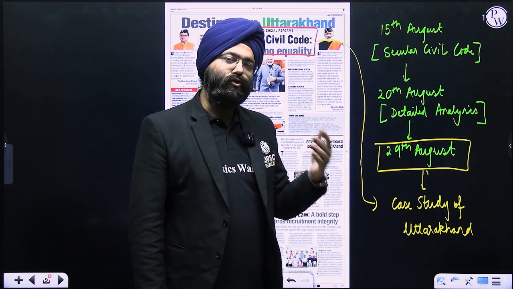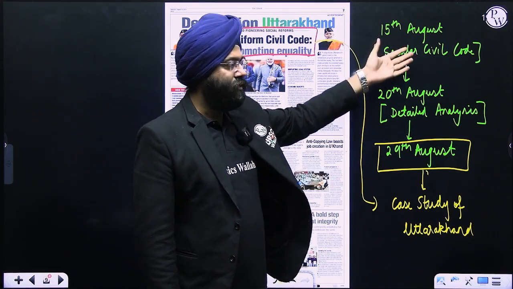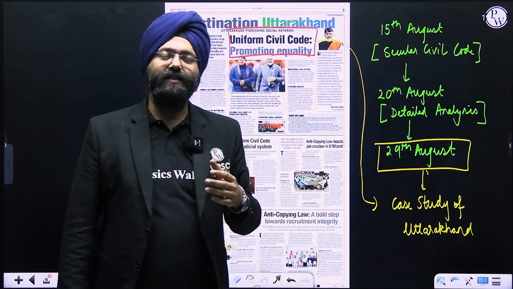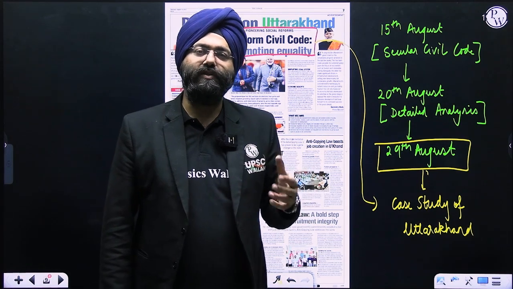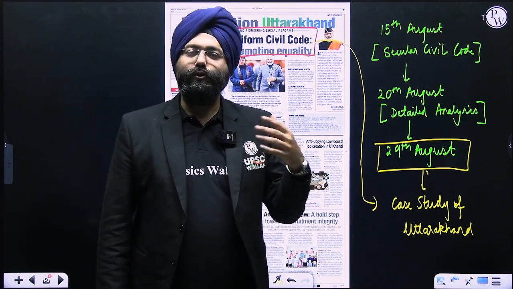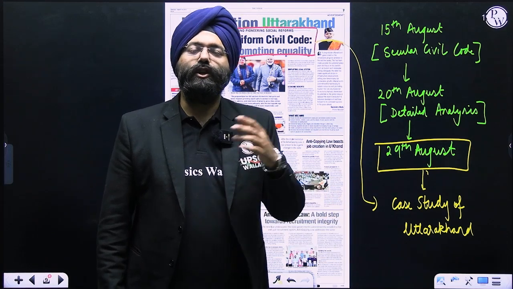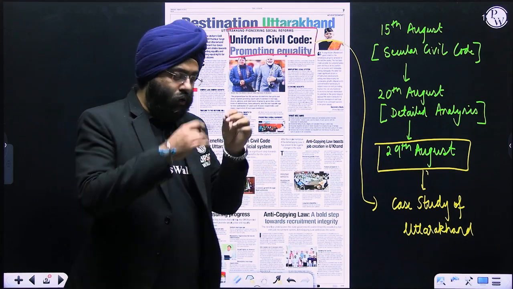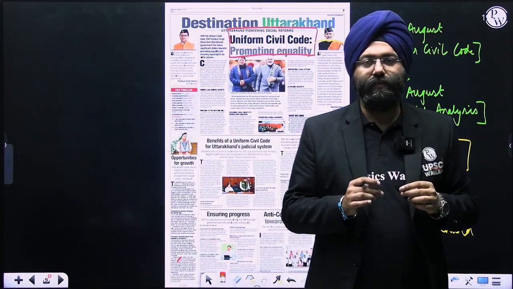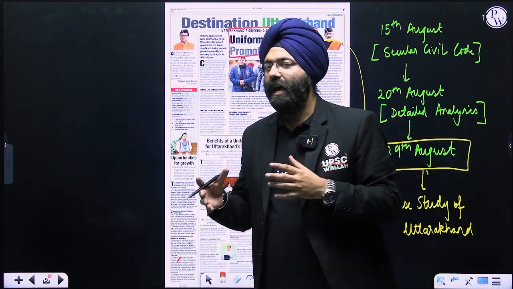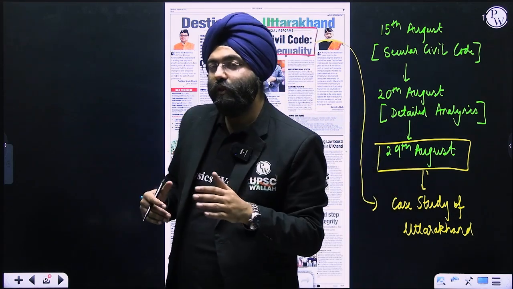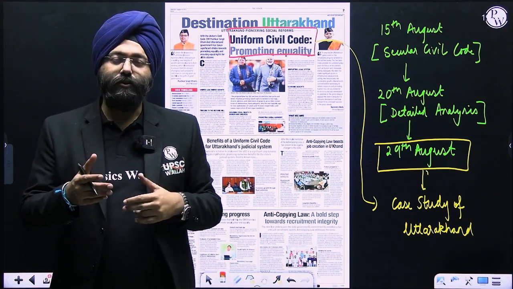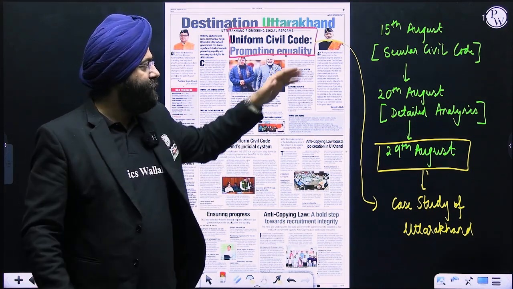The next day in the newspapers, we see a similar set of articles presenting this. On 20th August, you will realize there was a detailed analysis in The Hindu itself, even in the editorial and news, on what a secular civil code is, what should be done, how it should be implemented, and what the issues related to that are. And again, on 29th August, we have certain articles related to this. Now, mark my point that in this particular year, you will have questions on what a secular civil code is, how it is different from the concept of a uniform civil code, whether it should be implemented, or what the issues are. This is being repeated again and again.